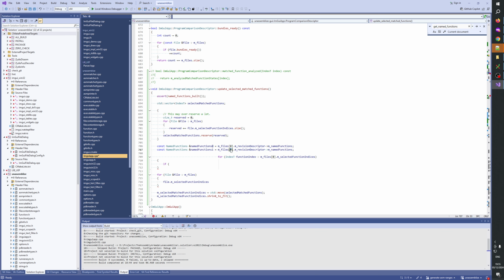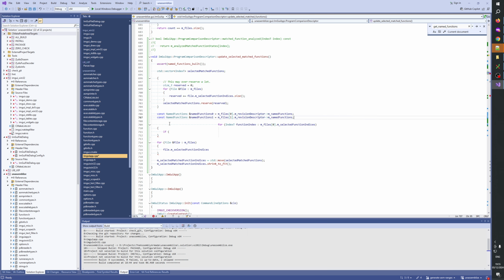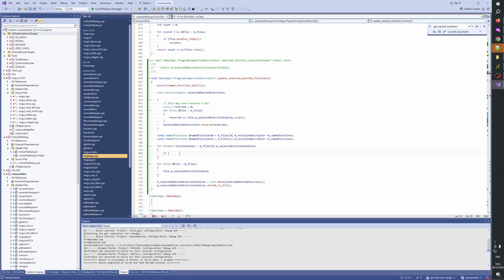We do this for 1 and selected function indices if named functions 0 function index dot